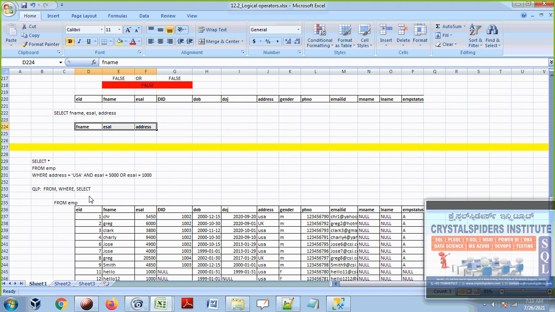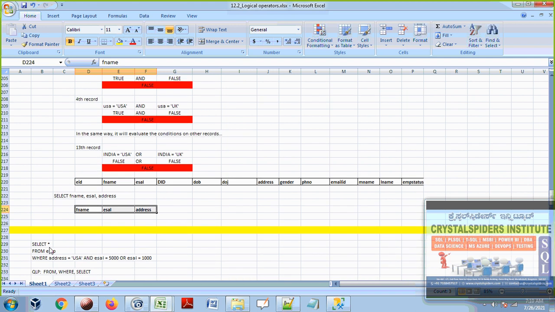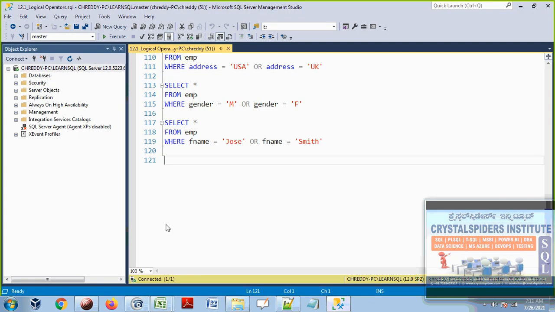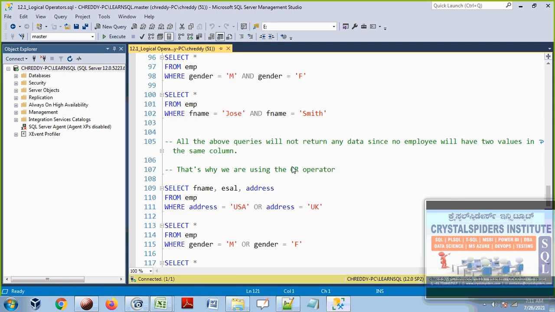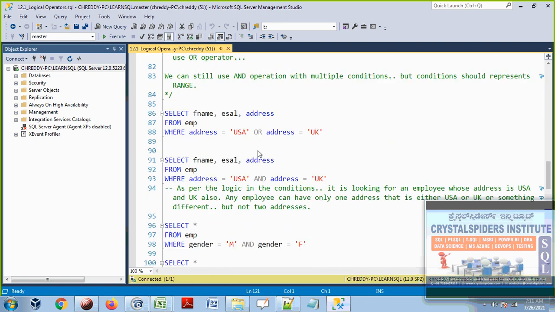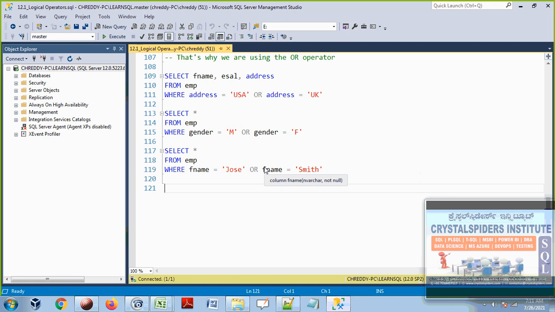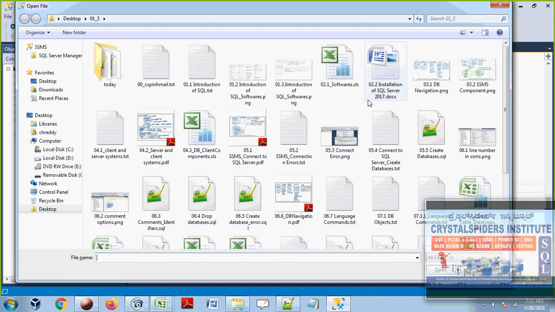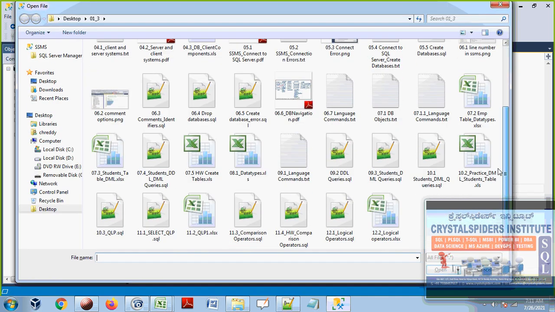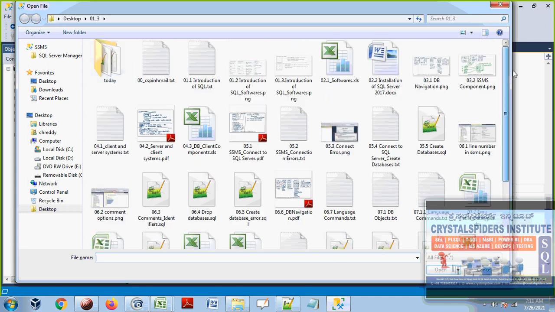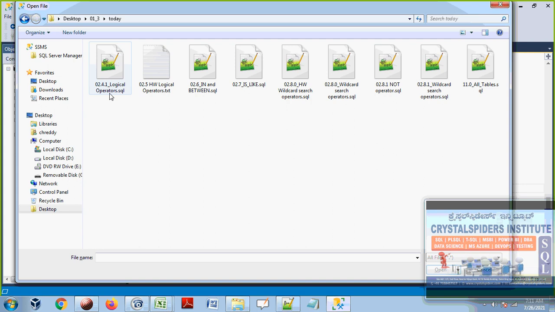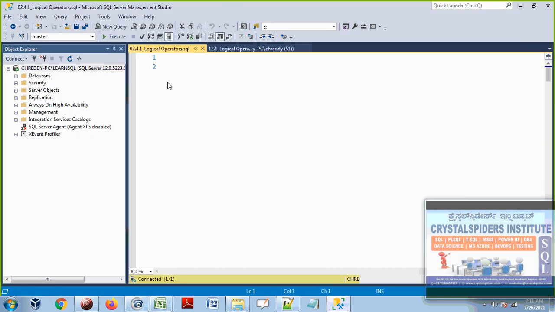Guys, this is the SQL query we were discussing, but we had not finished it. I do remember that, so we'll continue. This one we are going to see with logical operators.